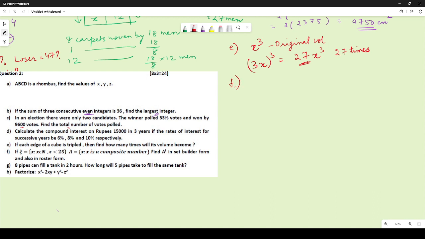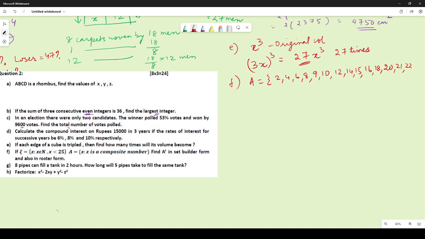Now let us take this. X is an element of natural numbers and it is less than 25. Now let us take A is a composite number. Now 1 is neither composite nor prime. So let us take, what does the A set comprise of? 2 will not be there, 3 will not be there, 4, 5 will not be there. 6, 8, 9, 10, then 12, 14, 15, 16, 18, 20,